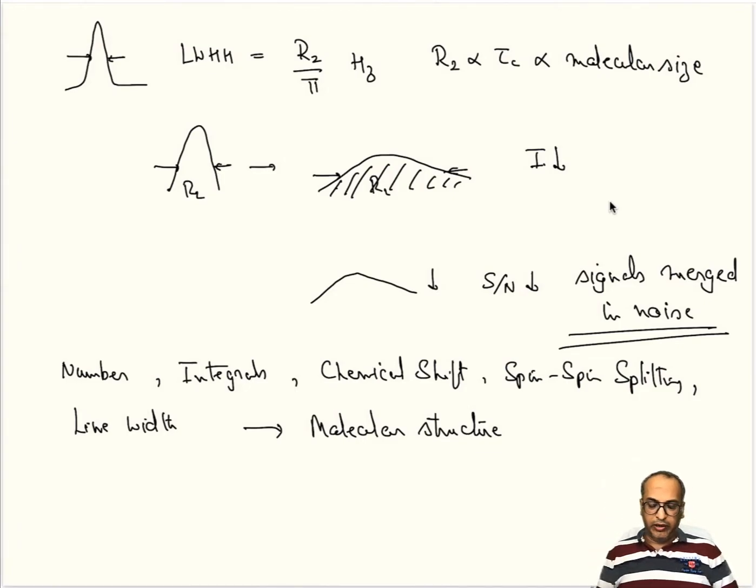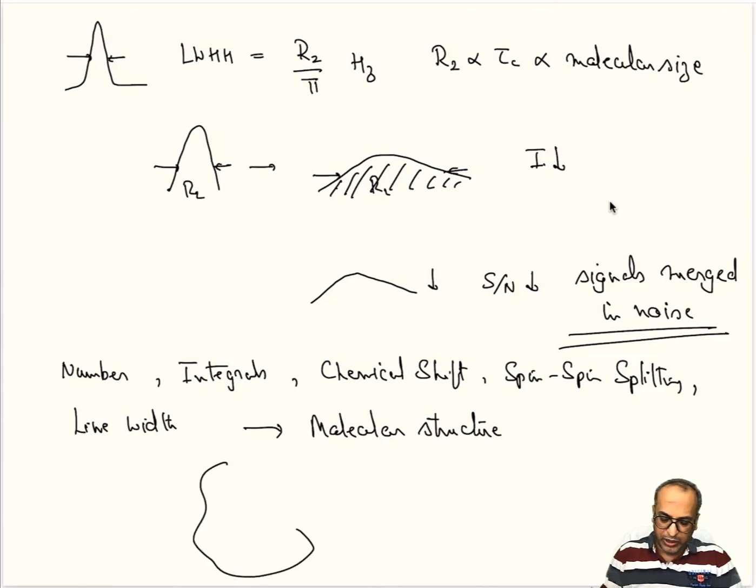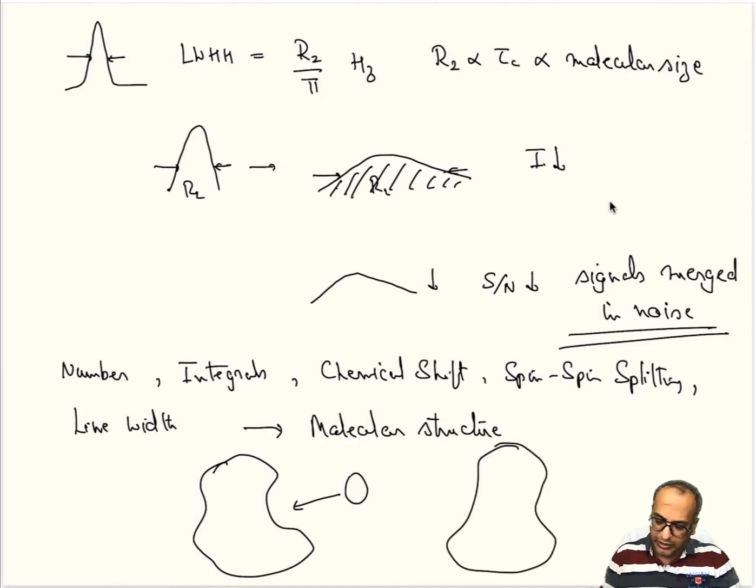So once we know the molecular structure, now let us say that we are doing any perturbation to the molecule which changes any of these properties. That property will now get reflected as a change in the NMR spectrum. So what do I mean by that? Let us say the given molecule A is binding to a ligand, so the local structure where the ligand is binding, so let's say this is my molecule and here is the ligand which is coming and binding, something like this is happening, right?